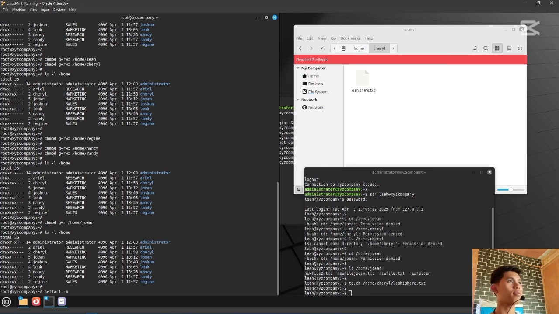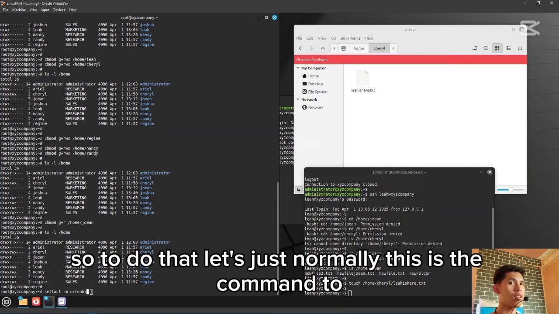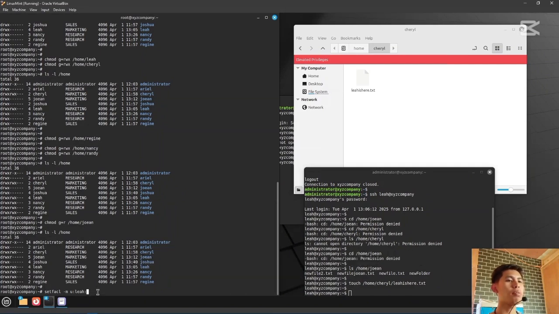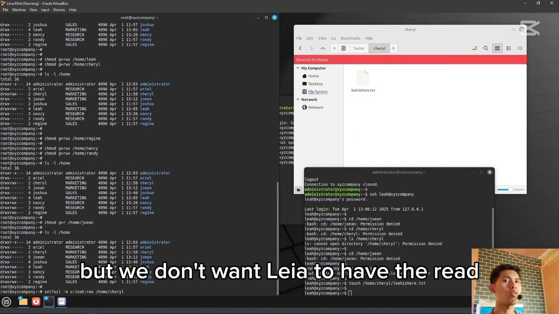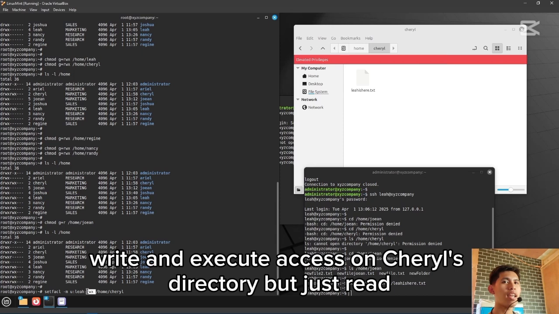And then u for user, and we want user Leia to not have full access to Cheryl's directory. Normally this is the command to allow access to a directory or file, space the directory. But we don't want Leia to have read, write, and execute access on Cheryl's directory, but